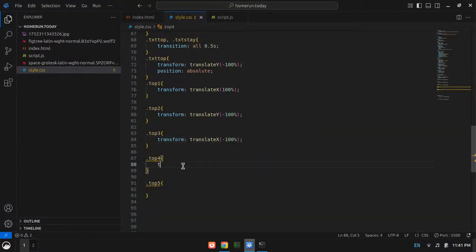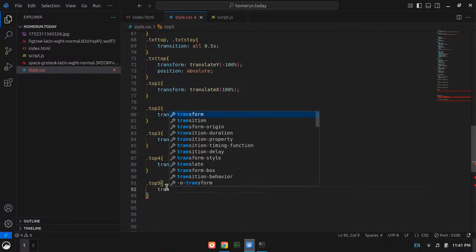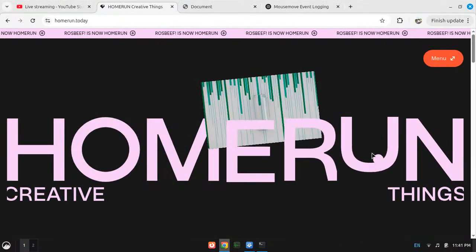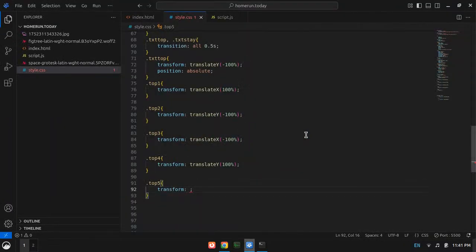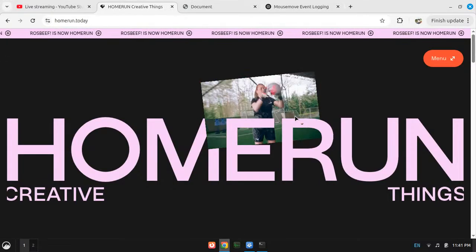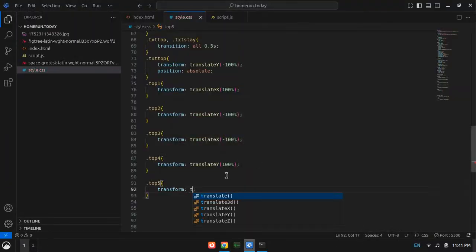Now transform, translate y 100%, and now here will be transform. Where is it going to be? Transform, translate x. It is going to go 100%.